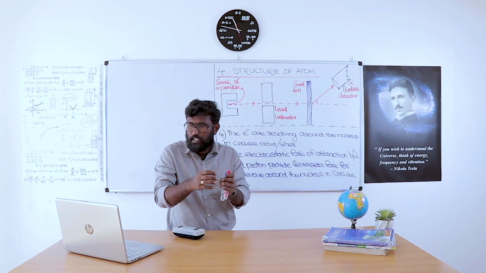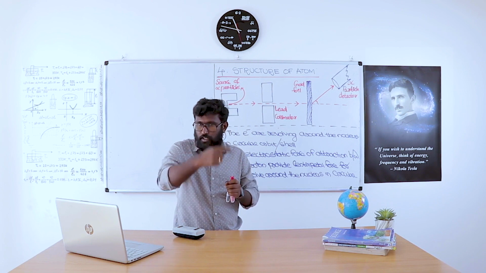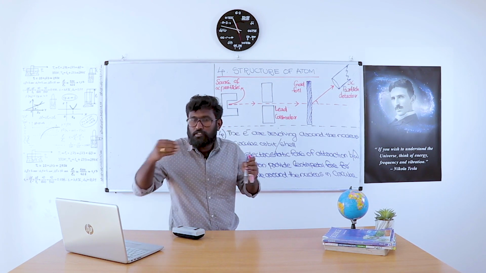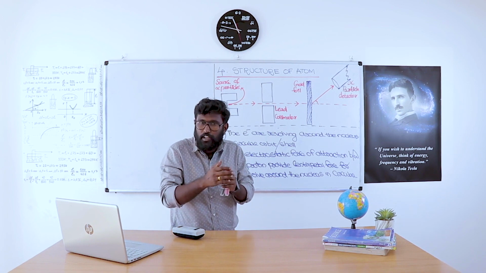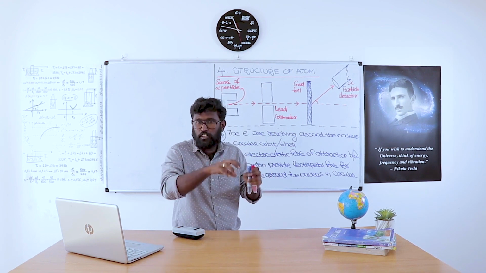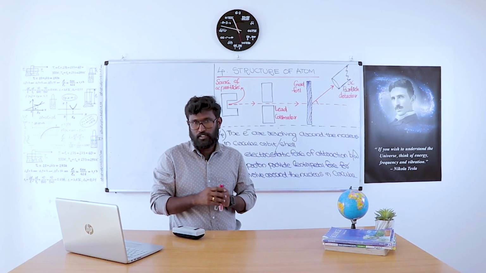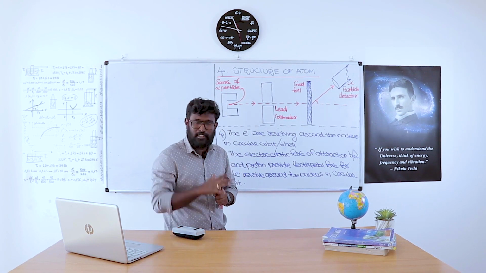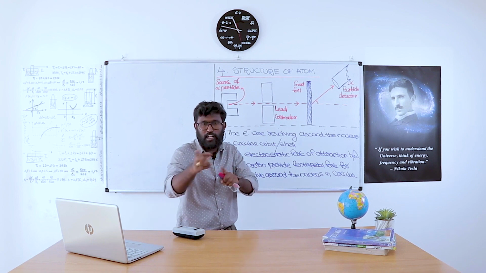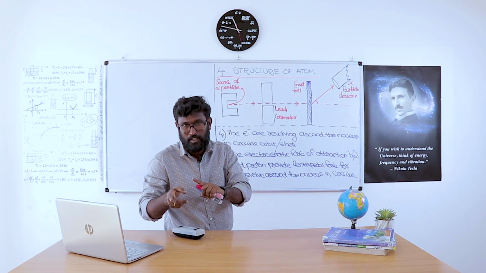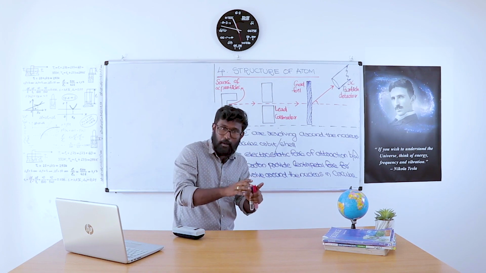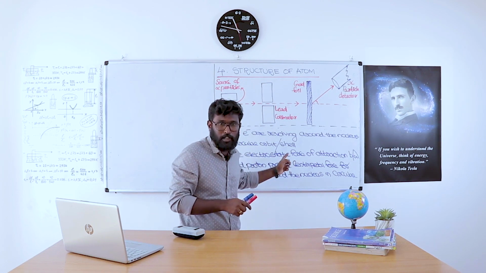So with continuous revolving around the nucleus in the circular orbit, the electron loses energy. After the electron completely loses energy, electrons will fall into the nucleus. If that happens, the atom is unstable. But Rutherford clearly says that the atom is stable. But if we apply the concept of Rutherford atom model, there is a chance